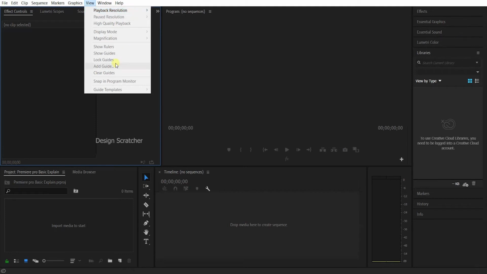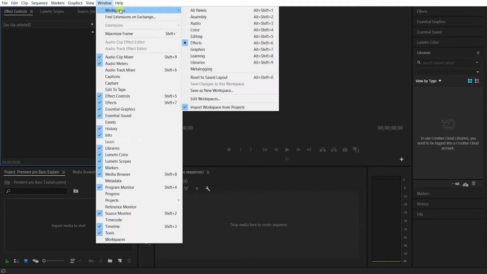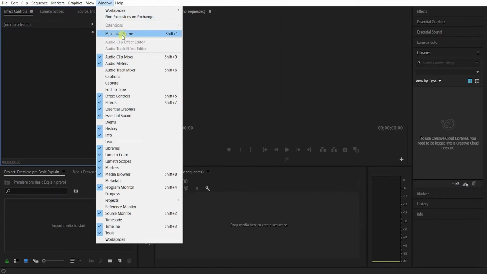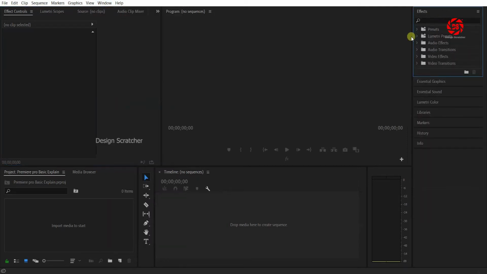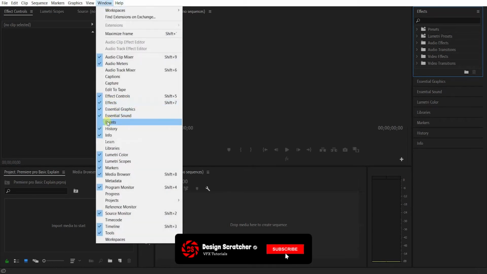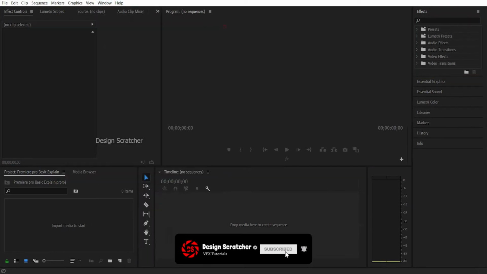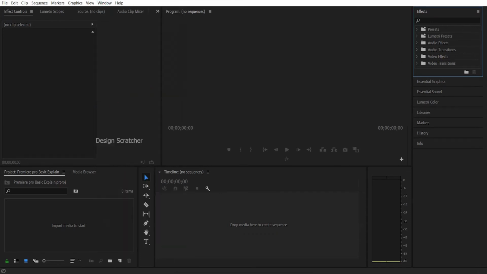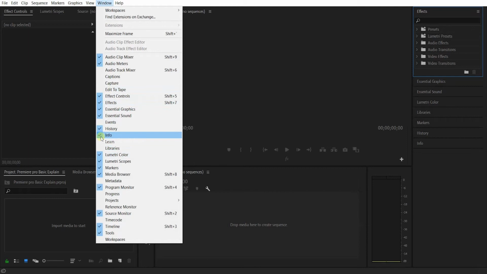If you have a sequence like that, then in Window, Workspace, everything for the template workspace will be added, with graphics, libraries, metadata, color, audio, everything here only for the Premiere Pro selection. Okay. Then the maximum frame, add clips, audio meters, audio tracks, everything here only. If you want effects, if you hide it, it will be here. And after that, you will have one for events, if you have the events clear also. Same like that, if you hide it. See, this is for the main panel, so do not hide.